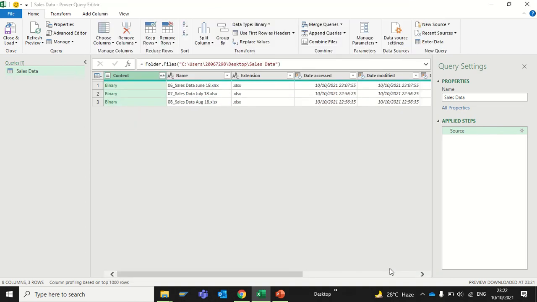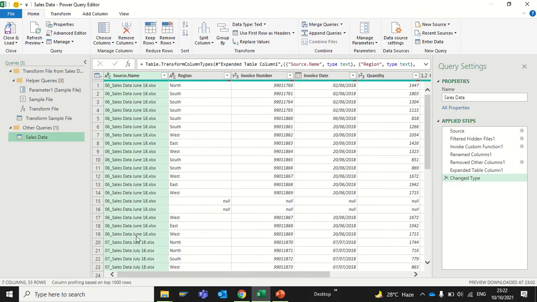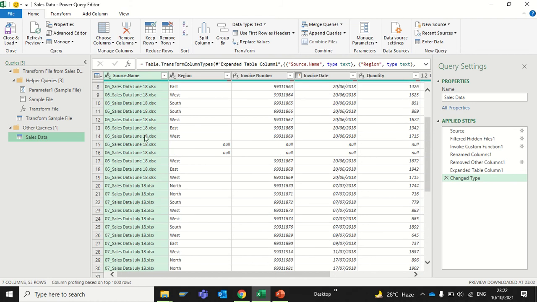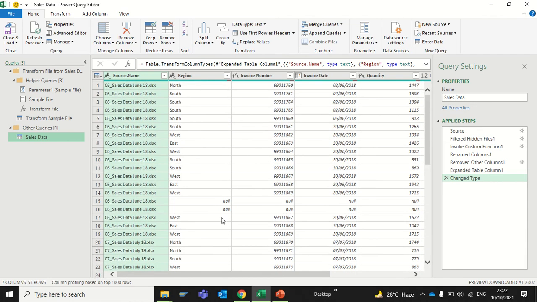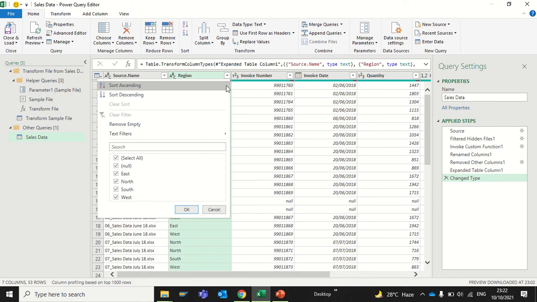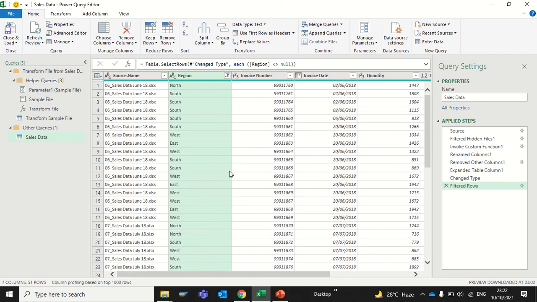It will combine my database on the basis of the option I have given. Now see, it has combined three Excel files: June month data, July month data, and August month data. In Power Query, if some blank value is coming, it shows as null. I can use it the same as an Excel filter, remove that null and click OK. So I will get all the data for the region.